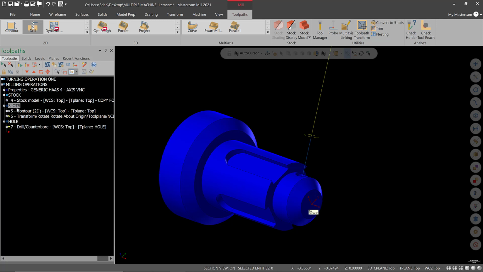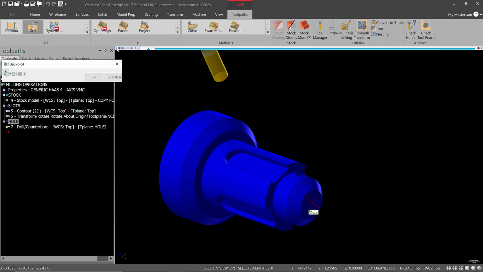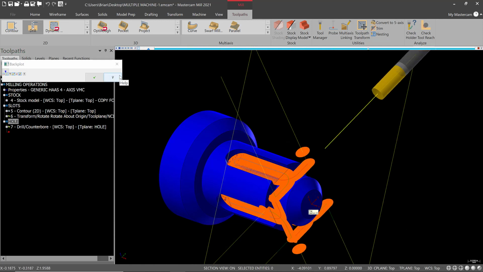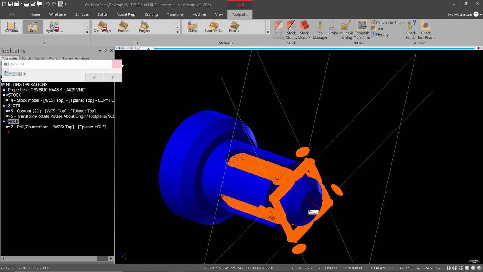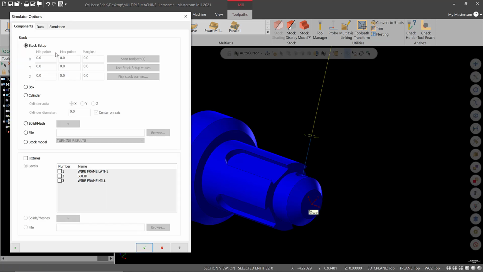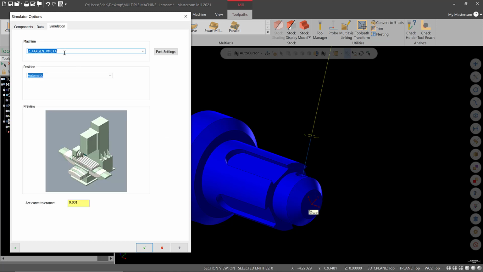I'm going to select this and this by holding Control and go to backplot, and we hit play, and it goes through and does all these, and goes in and does that angle. So now we can watch it and verify. Before we do that, we go to the simulator settings. Make sure the simulation is just using a generic 4-axis, not the UMC